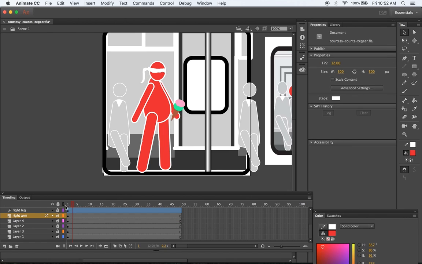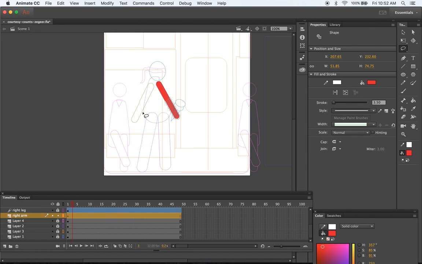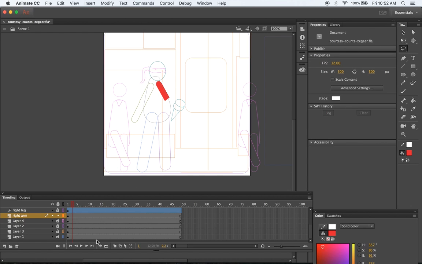And I'm just going to lock everything because it's hard to really grab part of this arm. But let's turn everything into see-through outlines for now too, except for this guy. So even if something's behind as a layer, I can pretty easily just isolate that to edit it without really moving things around. What I'm going to do here is just select the forearm, and I'm going to cut that